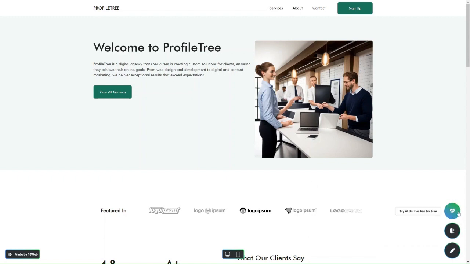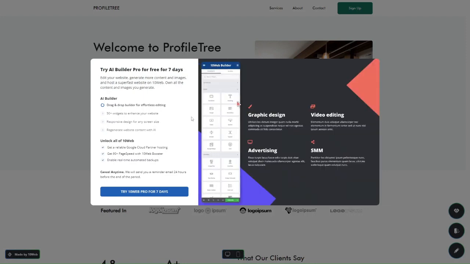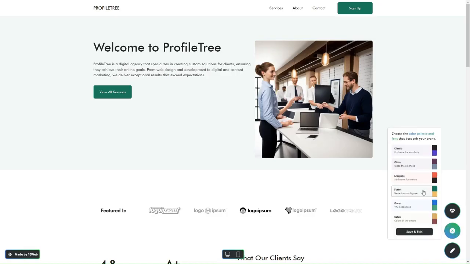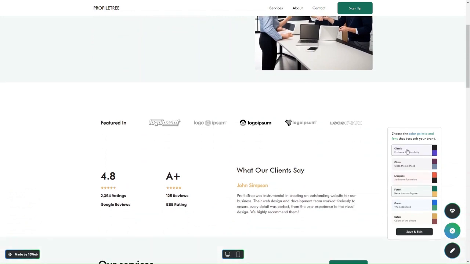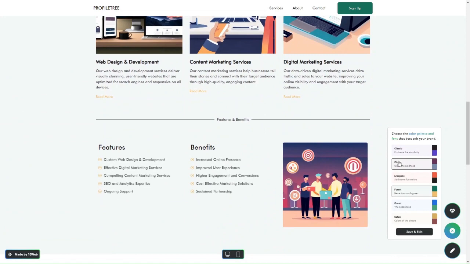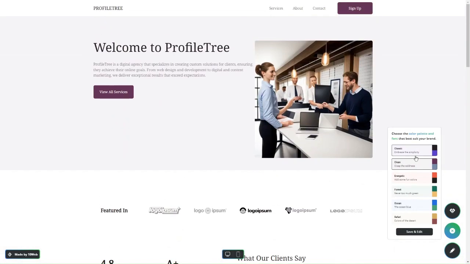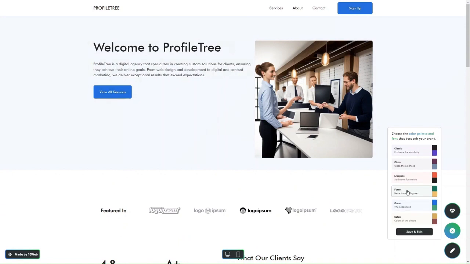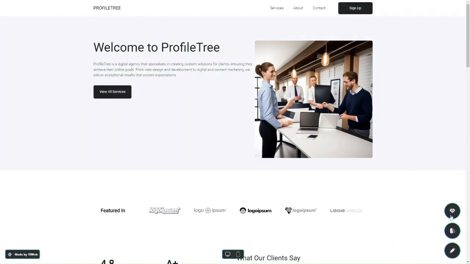Then you've got these three icons here. So this one will give you an option to try the AI Builder Pro free for 7 days. This will allow you to use the drag and drop editor and the AI Builder and all of that as well. Then you have quick customizations. So this is basically choosing the font and color brand. We stuck with Forest in the beginning, but if you did want to go in and change some of the colors and font as well, you can do that. It just makes quick customizations quite easy. And then you have